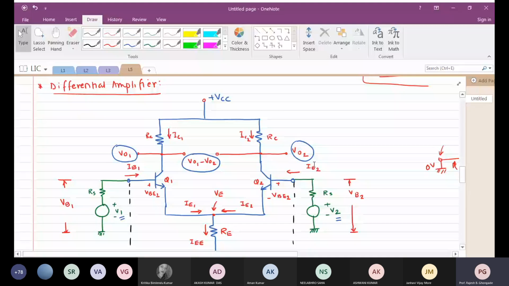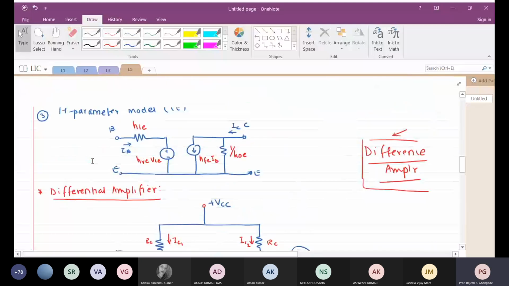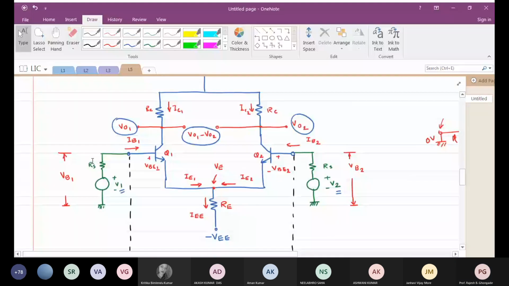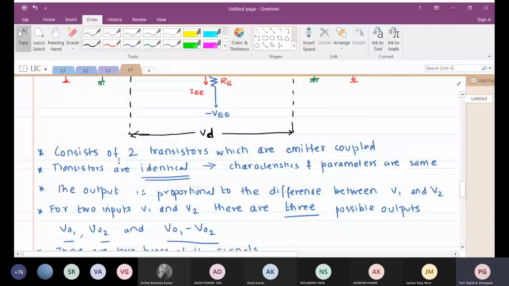Now think of it in this way: these two input signals have the same type of noise. These are simply sources, not components per se. The source voltages will come from anywhere, and they have a lot of noise because they are coming from the same environment. And this noise happens to be the common mode signal.